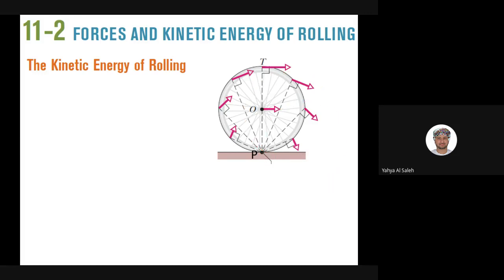Now, if we take a rolling object, fixed at point P, and just look at the rotation, we should be seeing something like this, right? Like this red circle is moving. Now, of course, this doesn't really happen because we have the floor and this thing cannot go through the floor. But nevertheless,